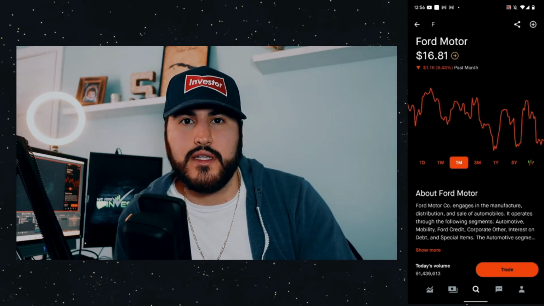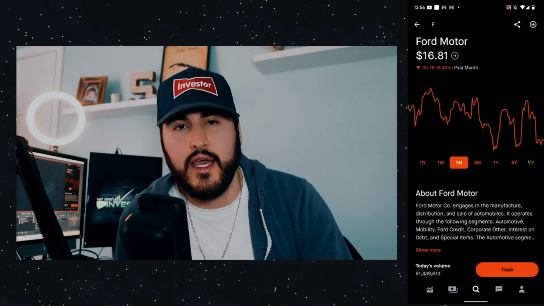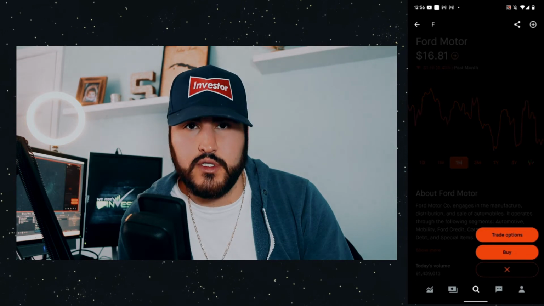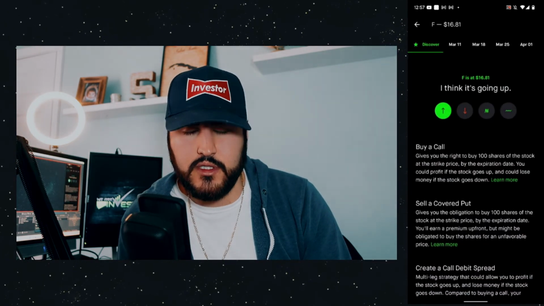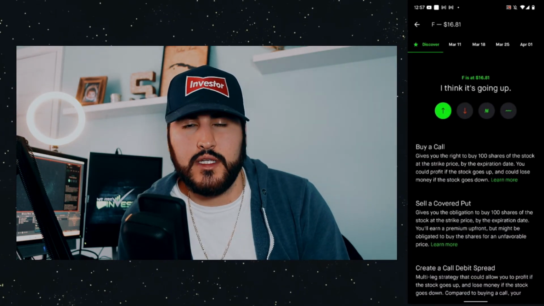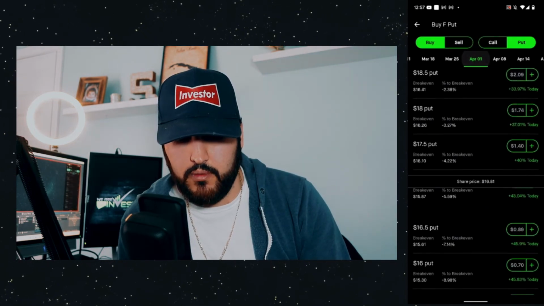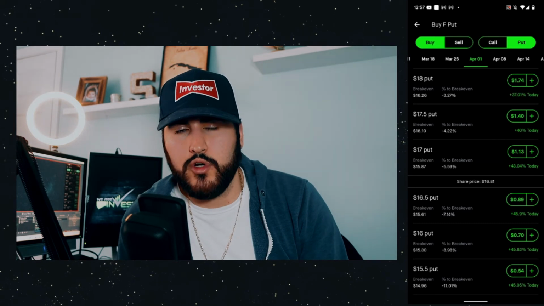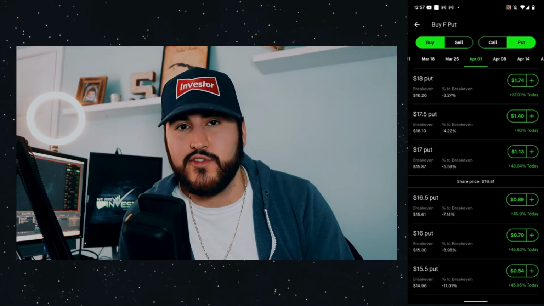So now let's take a look at the options chain to try to find a way to trade a put credit spread on Ford. So what we're going to do is hit trade. We're going to hit trade options. We're going to select the expiration that expires in a month, so April 1st. Now, because this is a put credit spread, we're dealing with puts, and the first move is to buy a